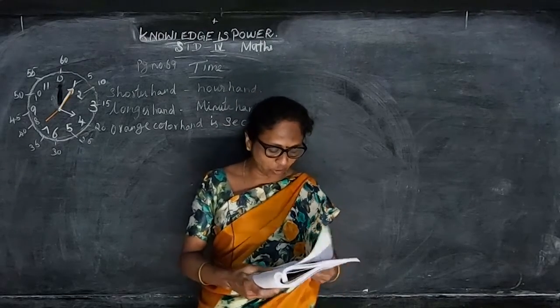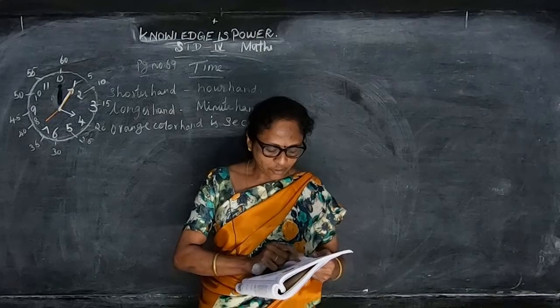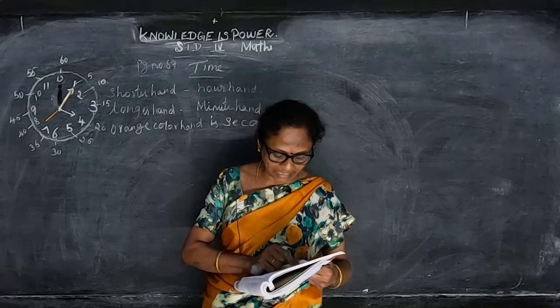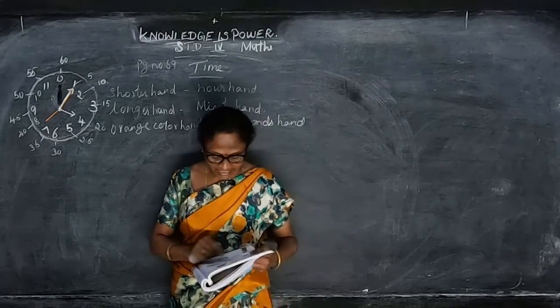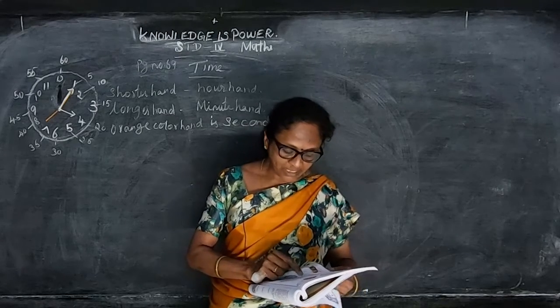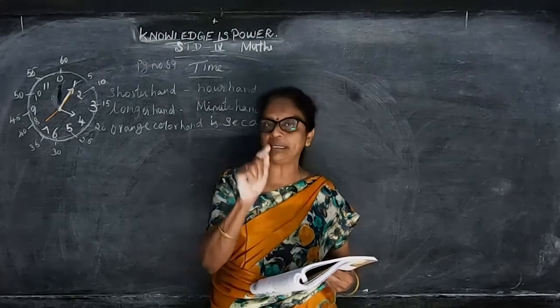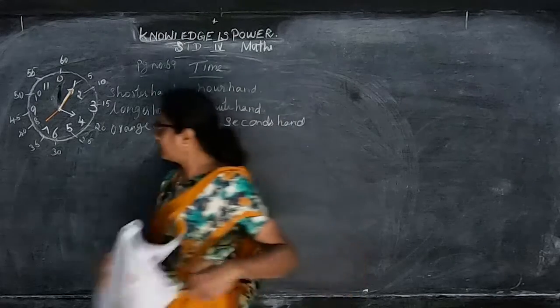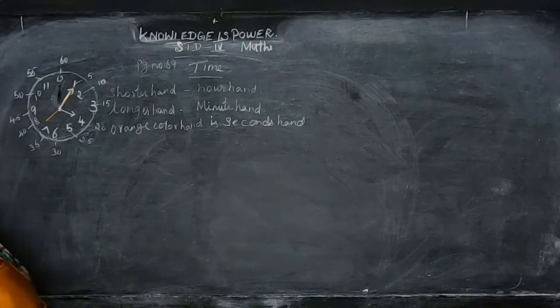Here they are given the clock, 3 o'clock. Small hand is 3 and longer hand is 12. So the time is 12:15. And the next one, small hand is 12 and longer hand is at 6. So at 6 it is 5 minutes, 6 5s are 30. So time is 12:30. Here we will see this now.